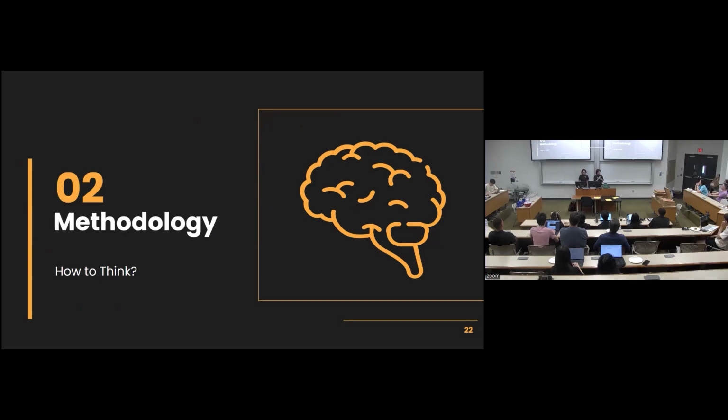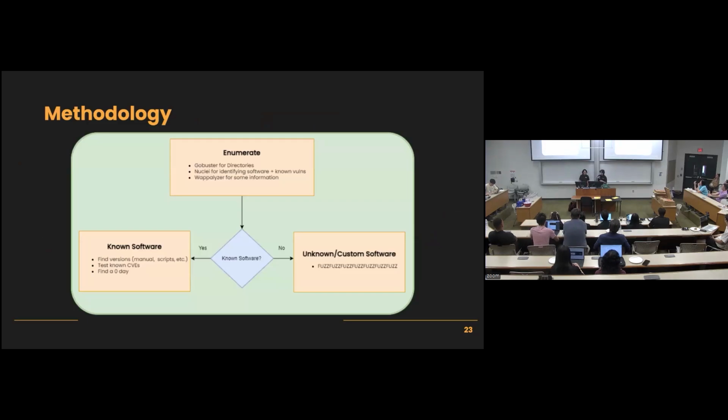Now we'll be talking about the methodology of attacking a website. So we have a diagram up here that covers mainly the first part, which is your enumeration. When you're enumerating, you're mainly going to be looking for different directories of that website, different pages that are available, and also trying to discover if the software that you're dealing with is known or not. If you are dealing with a known software, then that means that there might be existing CVEs or vulnerabilities that exist online and that you can exploit